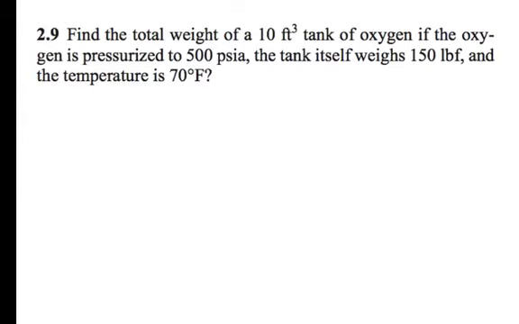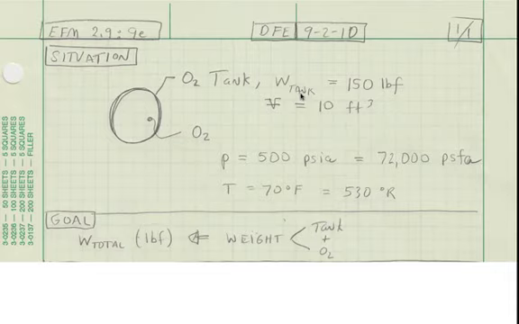Problem 2.9, find the total weight of a 10 cubic foot tank of oxygen if the oxygen is pressurized to 500 psi. The tank itself weighs 150 pounds force and the temperature is 70 degrees Fahrenheit. In my situation diagram, I noted that the weight of the tank is 150 pounds force and that the volume